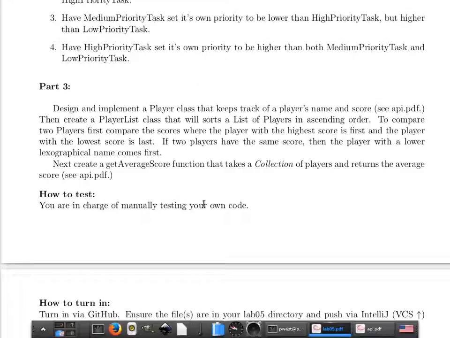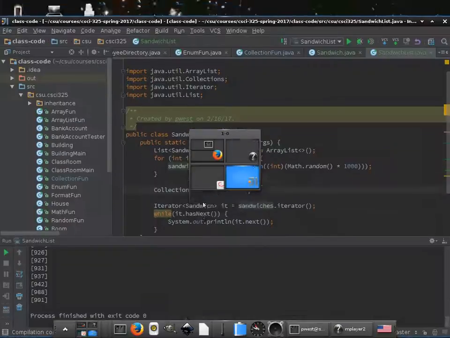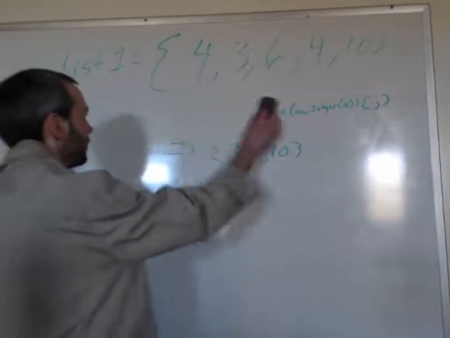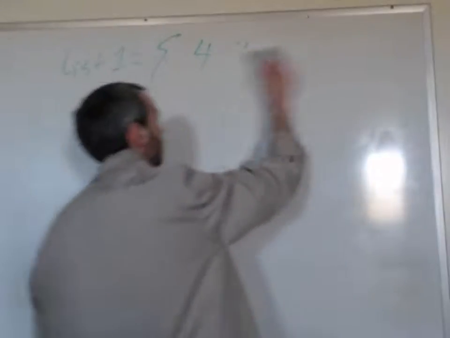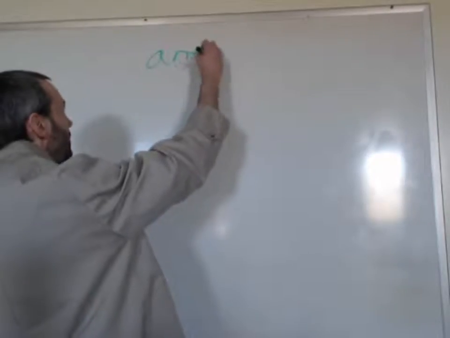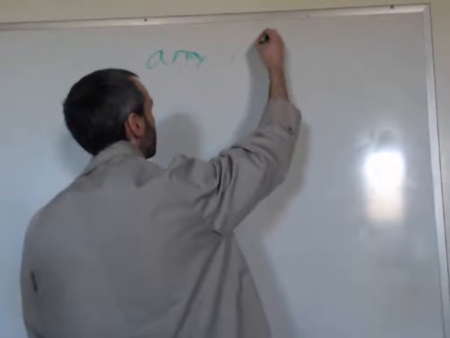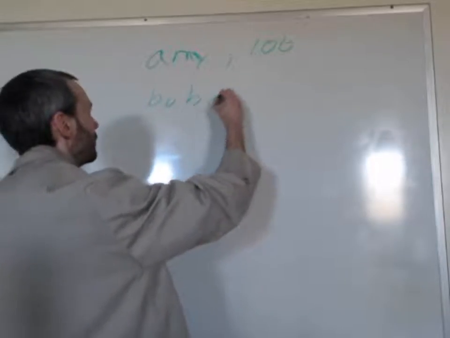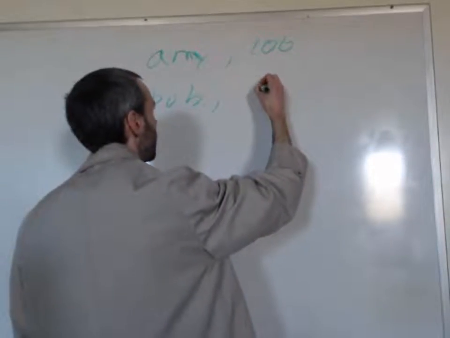Oh, I didn't put an example up here. So this is a little confusing because we're using high and low in a weird way. But your list should return in the first slot who's number 1. So if you have Amy with the score of 100, Bob with the score of 37,